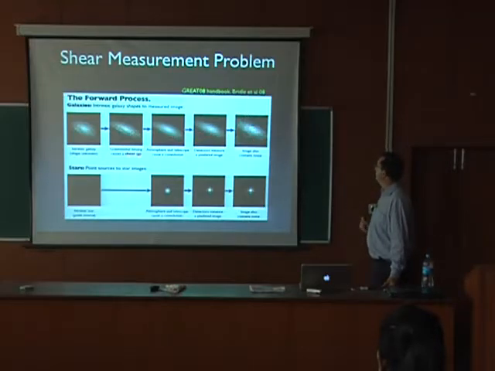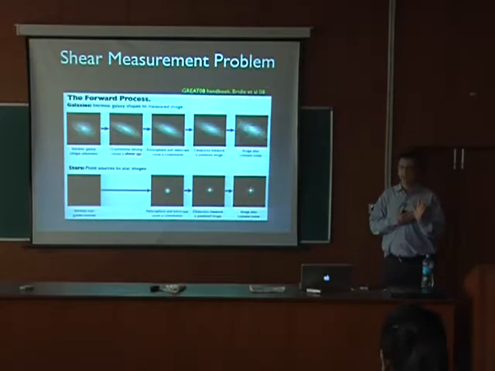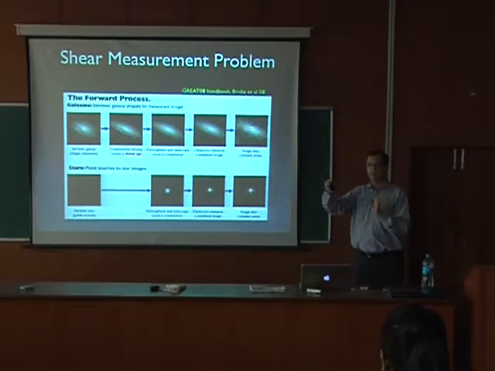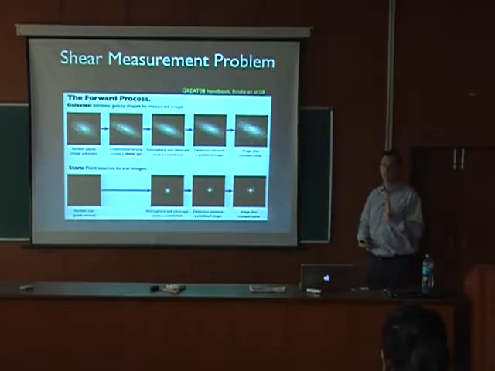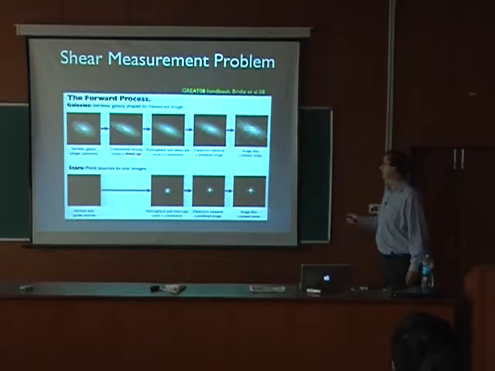And then, of course, also unfortunately, but in practice that's unavoidable, at the detector, there are all sorts of sources of noise. There's noise coming from the detector itself, which has a finite read noise. There's also noise coming from the sky, the fact that the sky has some brightness, some surface brightness, and other sources of noise. So eventually what we measure is a noisy version of this. Okay, so you see, that's first the shear, the convolution by the point spread function, pixelization, and then noise. Okay, and this is what we